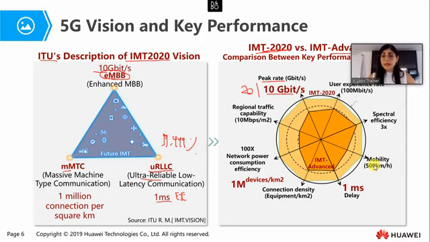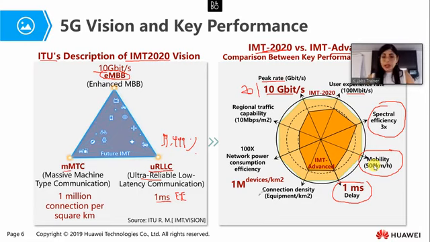For the user experience rate, with 5G, we can reach 100 megabit per second. And with 5G, the spectral efficiency is increased by 3 times with respect to 4G. Also, the mobility is increased up to 500 kilometers per hour. And we already talked about the delay. We can reach a delay of 1 millisecond, which is actually 30 to 50 times better with respect to the 4G network, because with 4G network, we can have latency of 30 or 50 milliseconds.